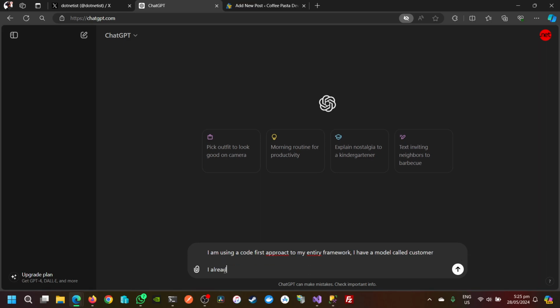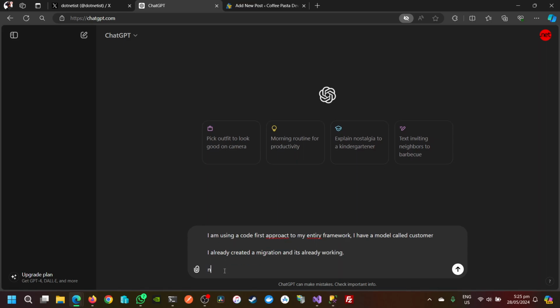I already created a migration, and it's already working. Now I want to add a database trigger so that when I save using DbContext SaveChanges,